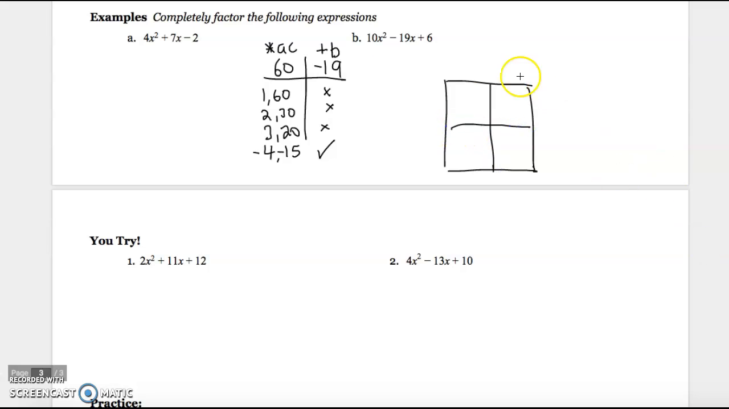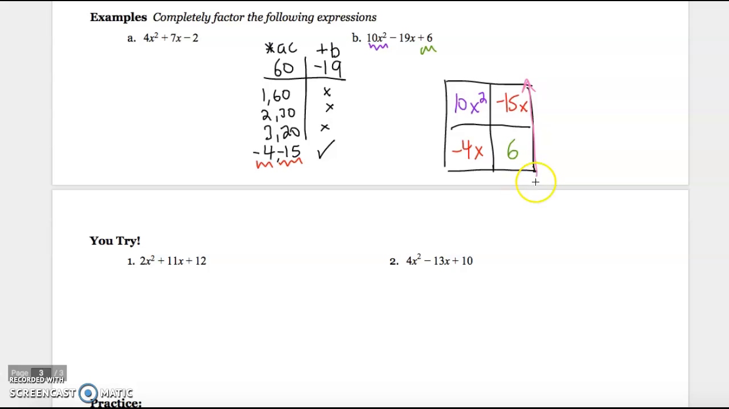Okay. My first x squared term goes up here. My constant goes down here. And then my factors that I found go in here with x's on them. All right, and then we'll start doing our GCFs. So from this, wow, that was a terrible arrow. So from this column,